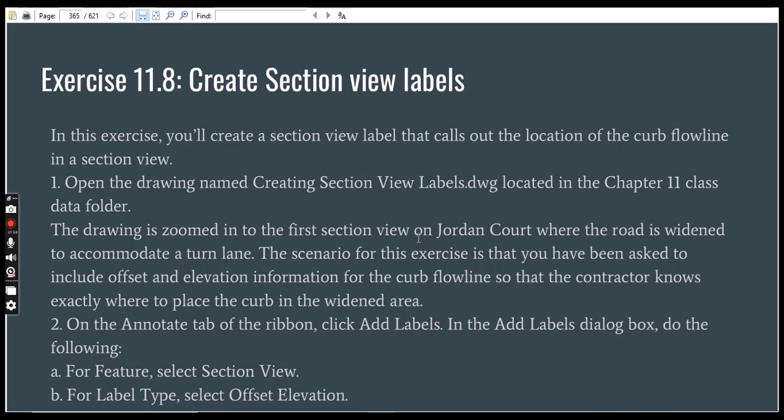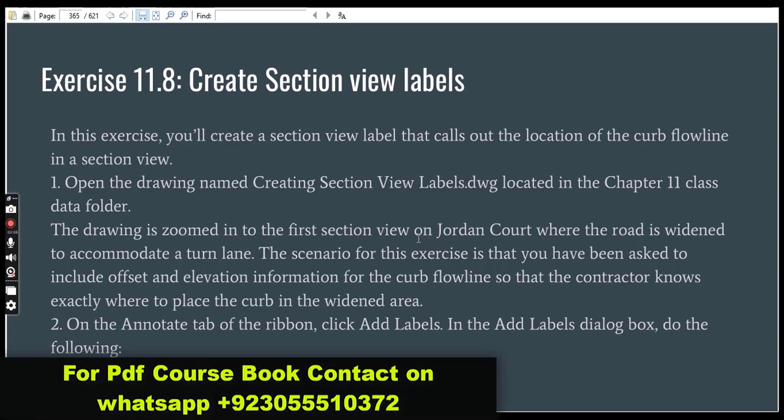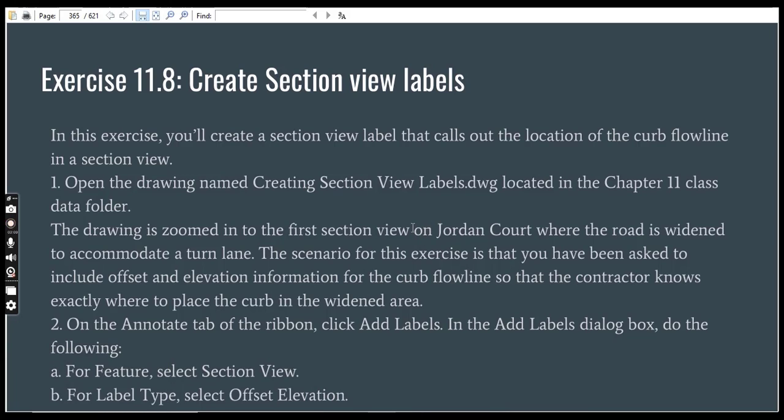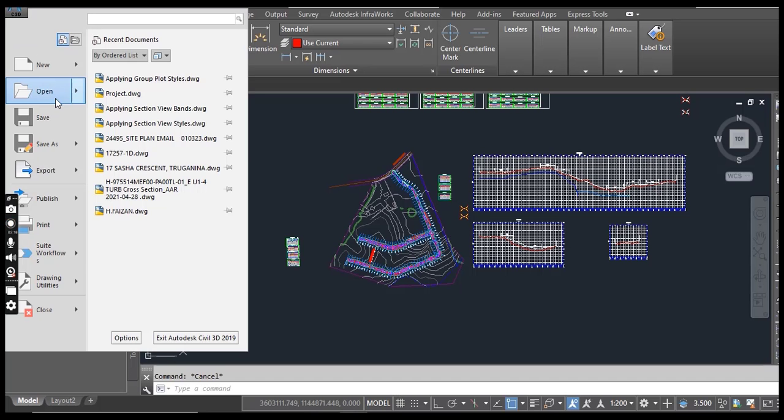In this exercise, we will create a section view label that calls out the location of the curb flow line in a section view. Step number 1. Open the drawing named Creating Section View Label.